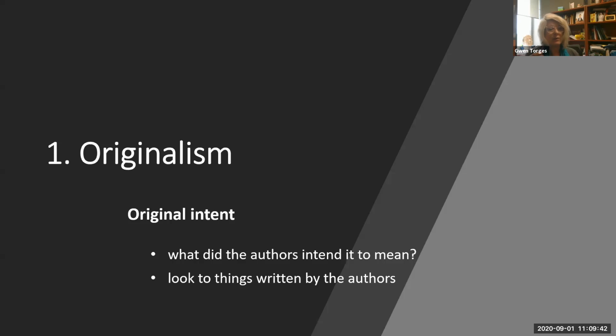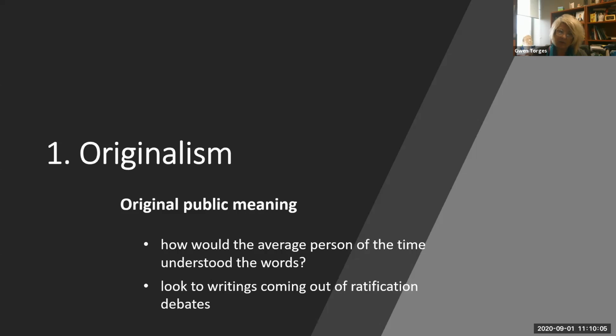So someone who believes in original intent might really dive deep into, say, the Federalist Papers to see, okay, when they were talking about high crimes and misdemeanors, what did they say about that? Did they provide examples, to see what they intended for that clause of the Constitution to mean? The second flavor of originalism